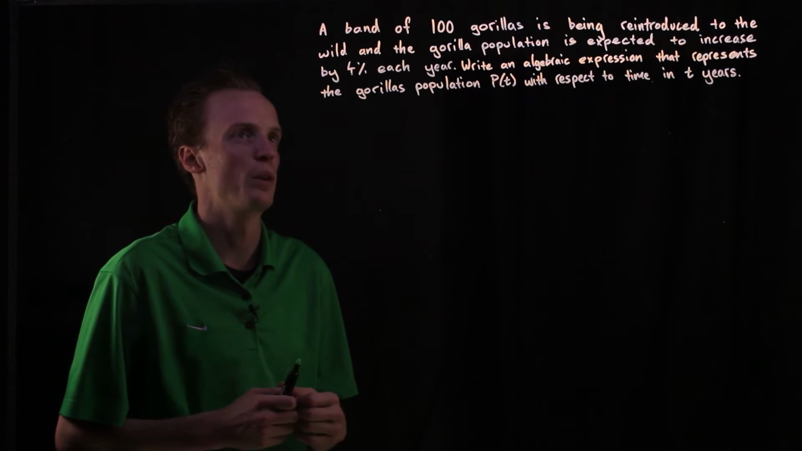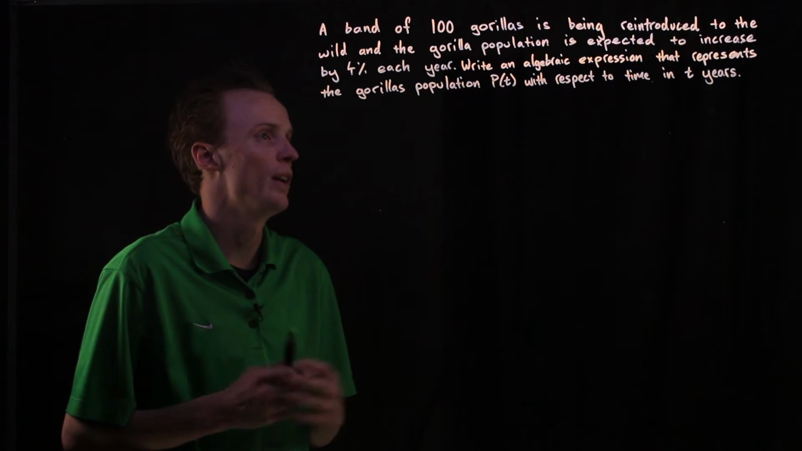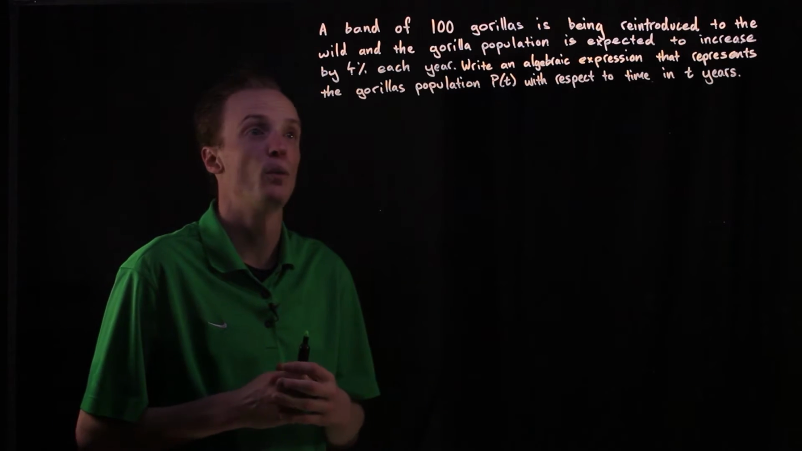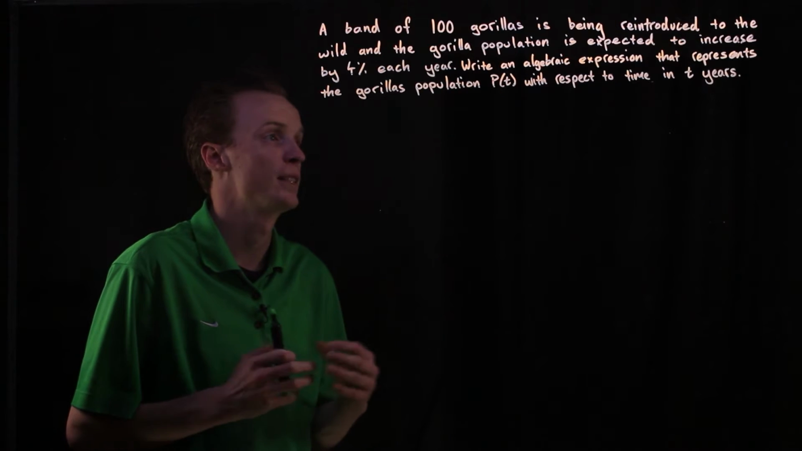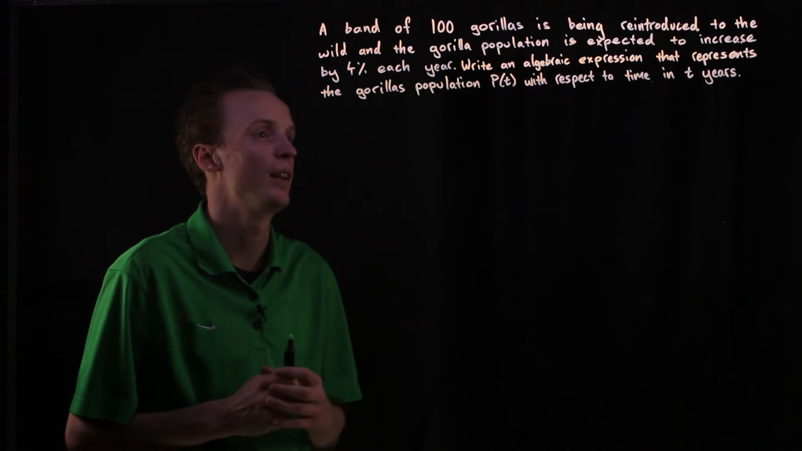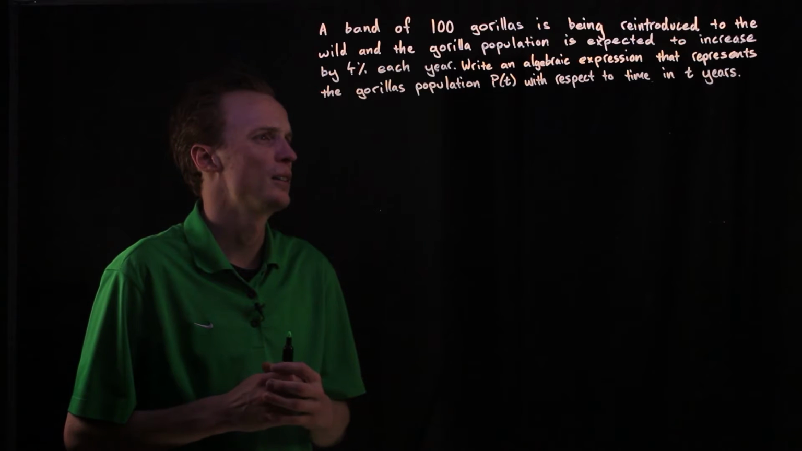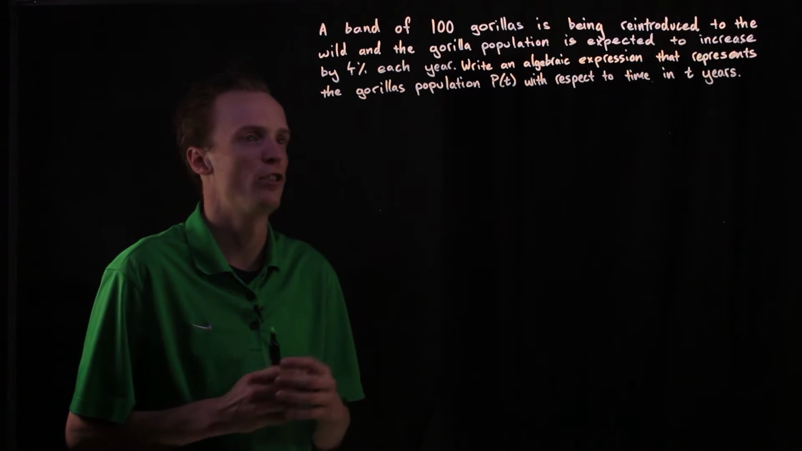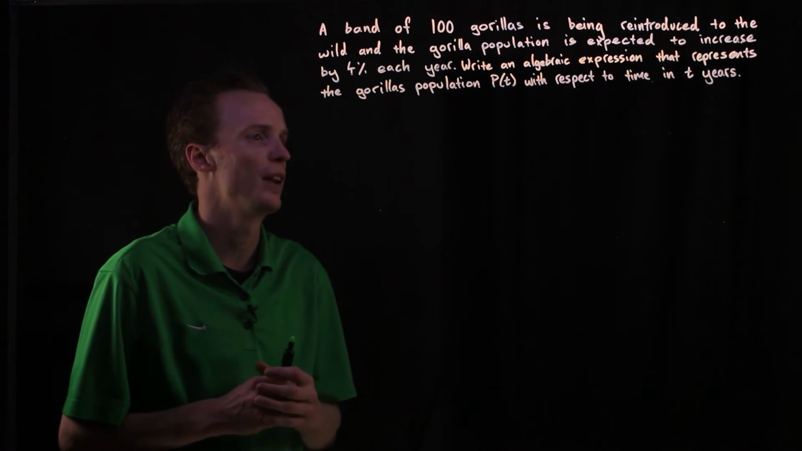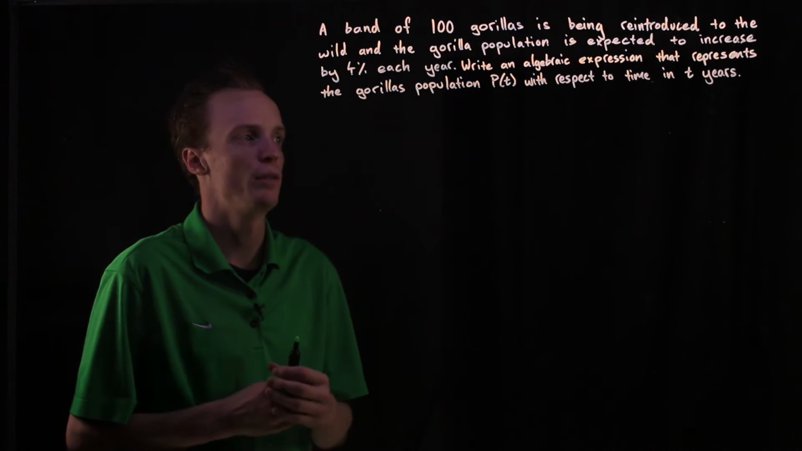Okay, so let's have a look at this question. We've got a band of 100 gorillas being introduced to the wild, and the gorilla population is expected to increase by 4% each year. We're being asked to write an algebraic expression that represents the gorillas' population, P of t, with respect to